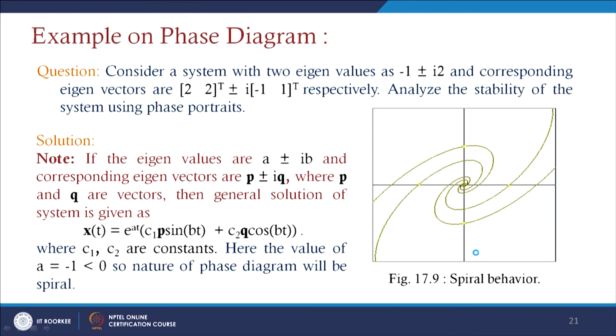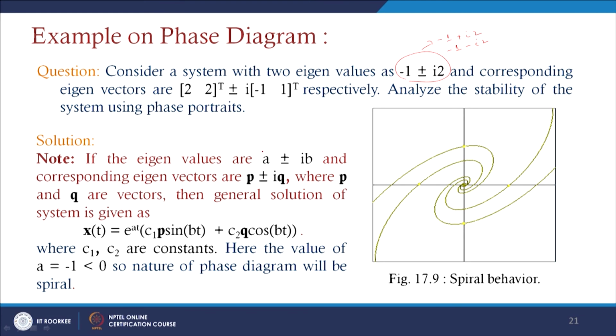And if you just go for analysis of these complex eigenvalues, first consider eigenvalues like minus 1 plus or minus i2. Since we are considering two eigenvalues, this means minus 1 plus iota 2 and minus 1 minus iota 2 here, and the corresponding eigenvectors you can find as, suppose, 2 2 plus or minus i minus 1 here respectively. If you analyze this system, then we can represent the eigenvalues in the form of a plus or minus i beta here,